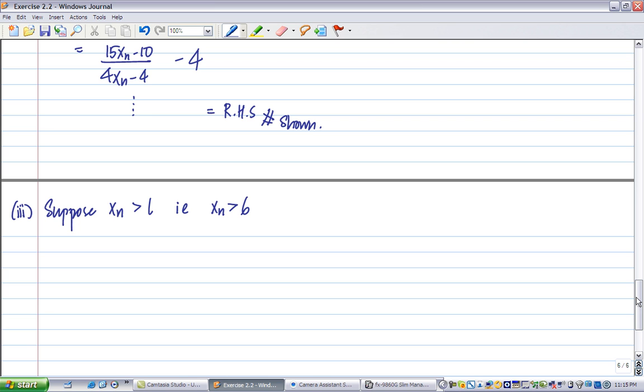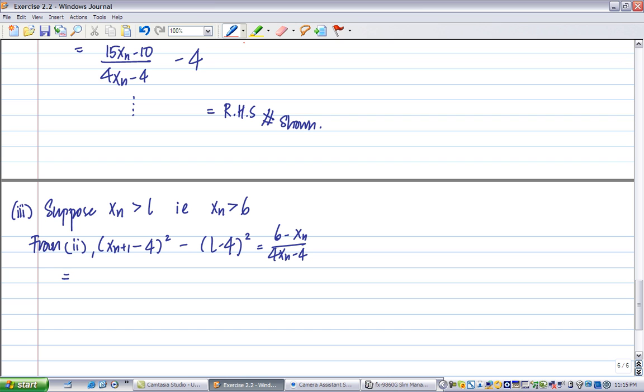Now, since it's hence, I'm going to take down the previous equation that I have proven. xn plus 1 minus 4 squared, minus, this is from part 2, L minus 4 squared. Since I have this from part 2, I have this, which is 6 minus xn divided by 4xn minus 4. I got this expression. Now, if xn is greater than 6,